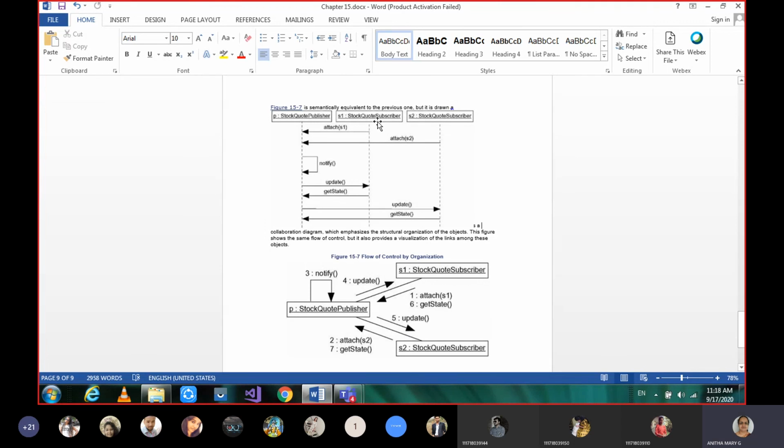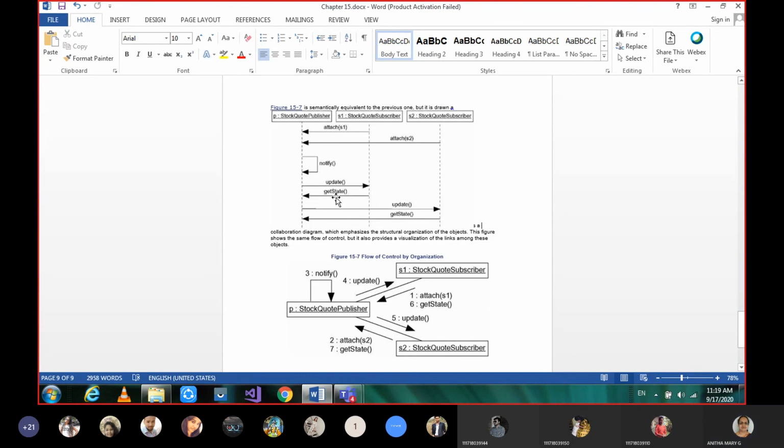So what is the first message sent? From S1 to P. What is the first message sent? Attach S1. If you focus on the first message, in the sequence diagram we are not numbering, but here we are numbering. Attach S1 is the first message, and attach S2 is the second message. The third message is notify, and the fourth one is update.